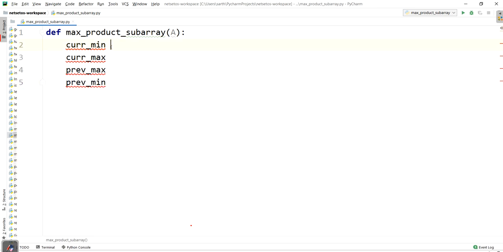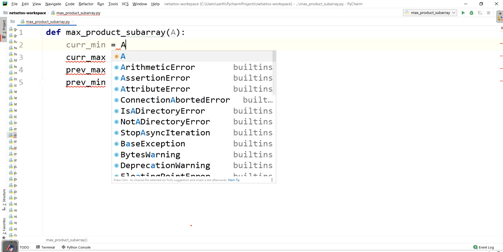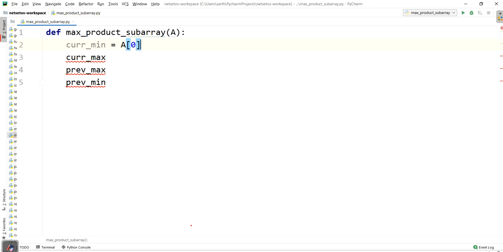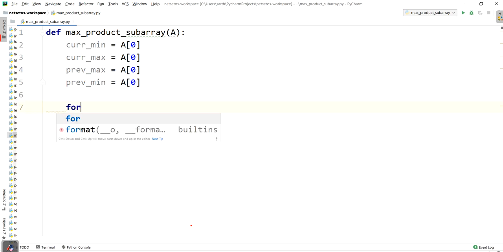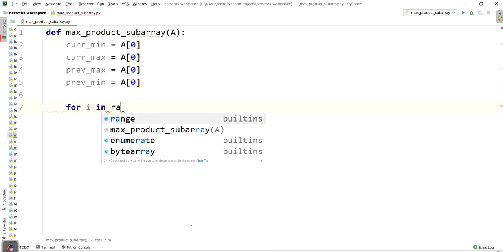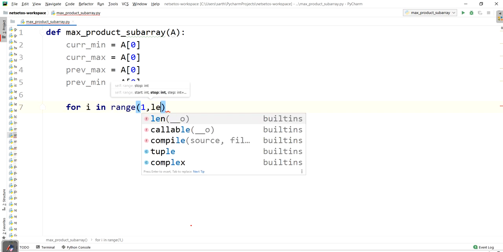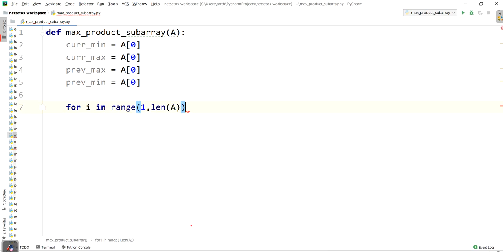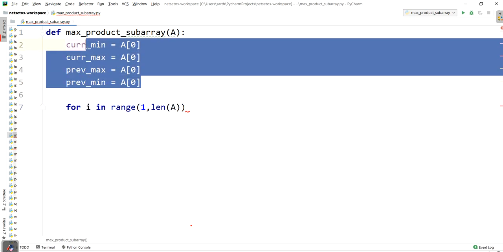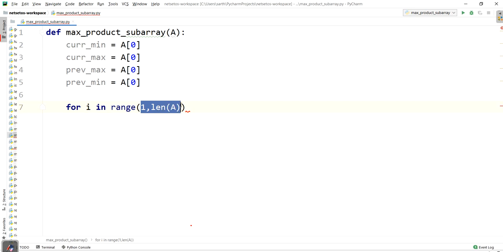We will take firstly the first element of array, A0, for all the 4 parameters. Then we will iterate for each element in the array, for i in range 1 to len of A, because the first element we have already taken here. Now with the second element we will start comparing.